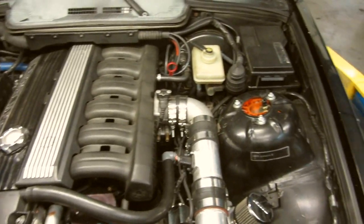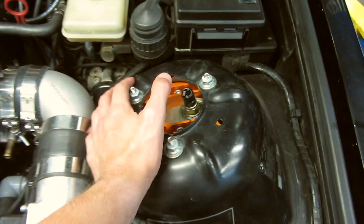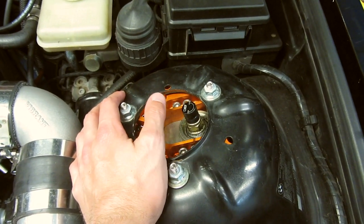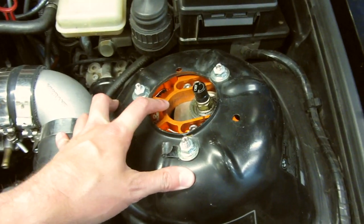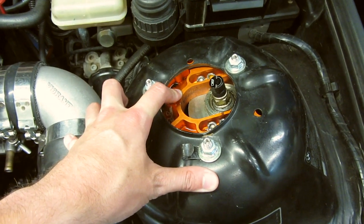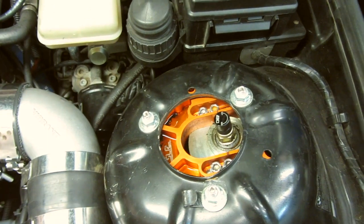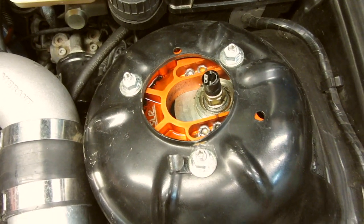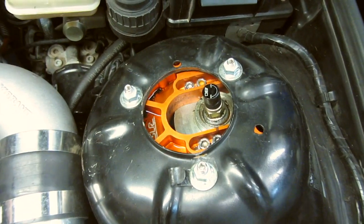Another thing you guys have probably noticed is the BC coilovers. I'm running BC BR coilovers. We'll show you those when we get to the bottom half of the car. But these plates here are SLR plates. SLR is the angle kit that I'm using. They sent me these plates as a way to get rid of all of the negative camber that comes with the angle kit. So basically, if I would not have used these plates, I would be running probably -8 or